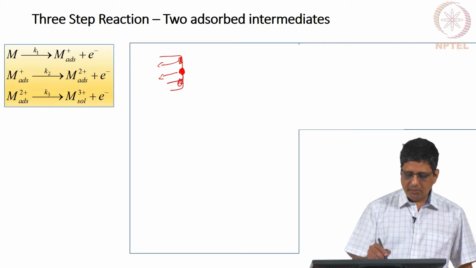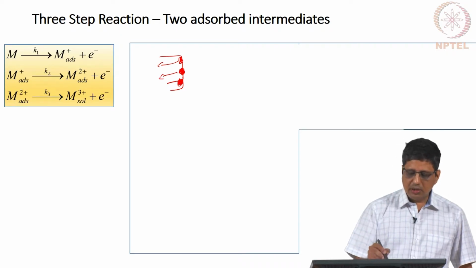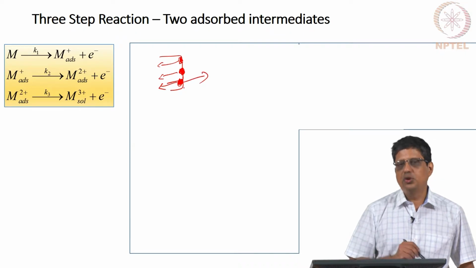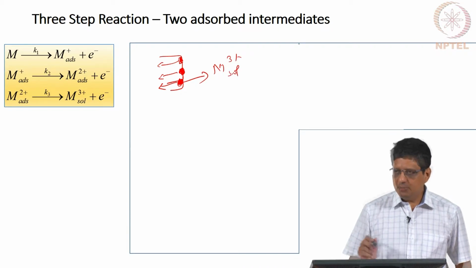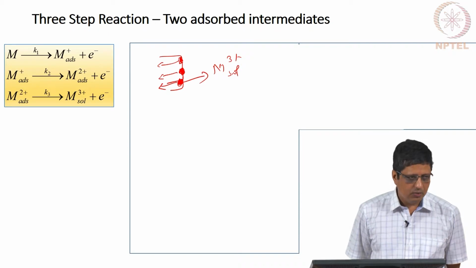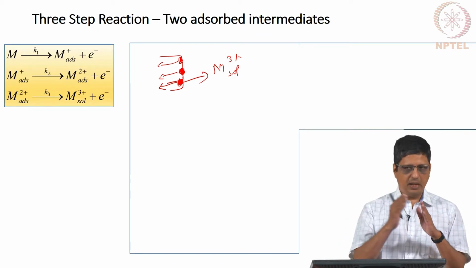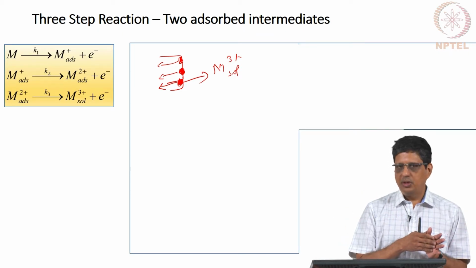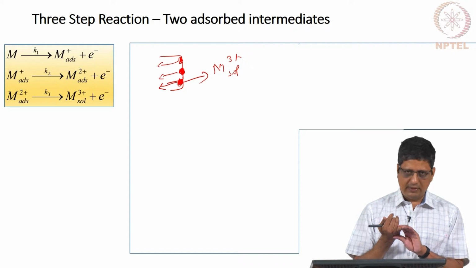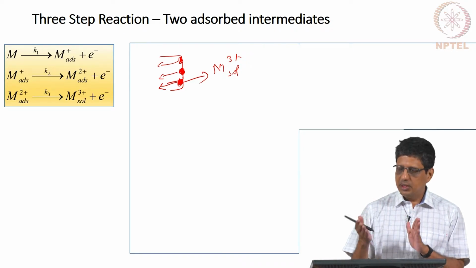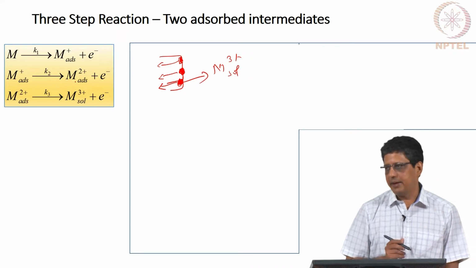Similarly, you can have some sites with M2 adsorbed, some with M adsorbed. Now, a part of this M2 adsorbed can lose one more electron and go into the solution. So, it is basically the 3 plus ionic form, while the 2 plus ion and 1 plus ion are on the surface. Previously we said M goes to M adsorbed and goes into solution. Here we say M goes to M adsorbed, that is one species. So, bare metal is one species, vacant metal; the second is M adsorbed; the third is M2 plus adsorbed. So, 2 intermediate species are there and of course, the surface is there.